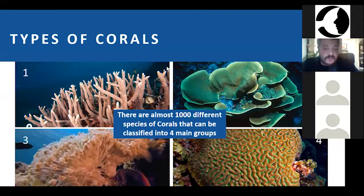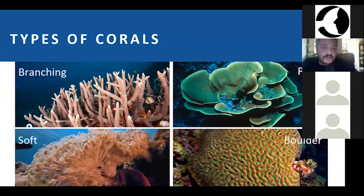So the first one, the acropora, is a branching coral. The second one, the one that looks like a cabbage, is a plate coral, and there are quite a few that look like plates. This is one of them. The third one is a soft coral,